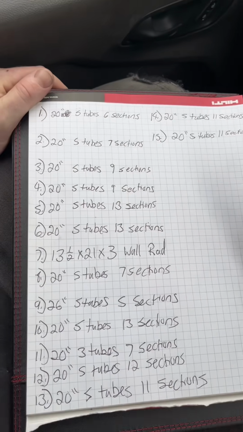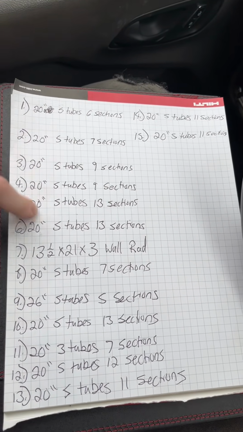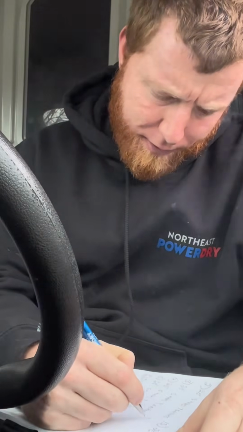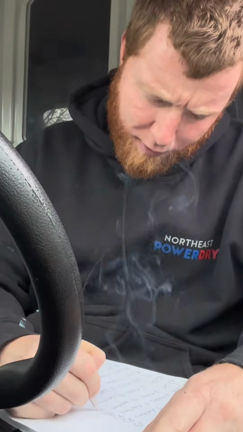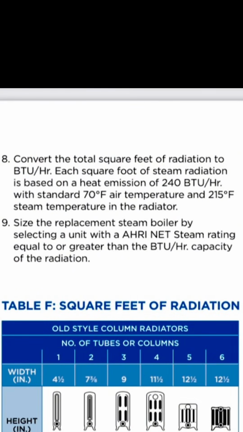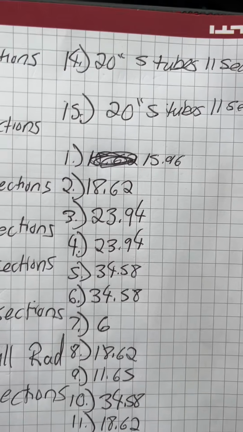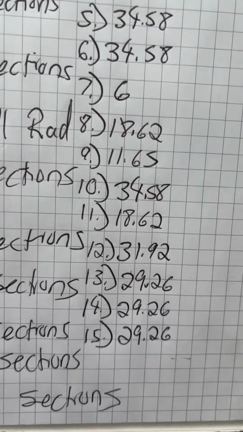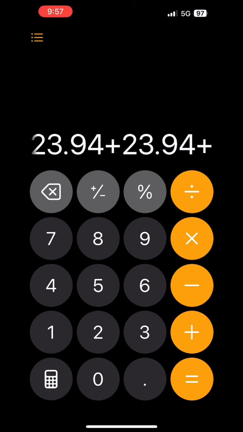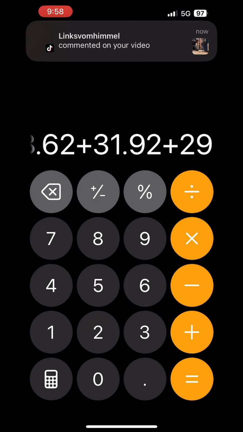Now, I never actually bother to calculate BTUs on any of this stuff, only because the manufacturers will always list the square foot of steam on a steam boiler. But for the purpose of the video, here it is. Convert the total square feet of radiation to BTU. Each square foot of steam radiation is based on a heat emission of 240 BTUs per hour. So if we want our BTUs, we would take all of these numbers, add them together, and now at the end of it, we would come to